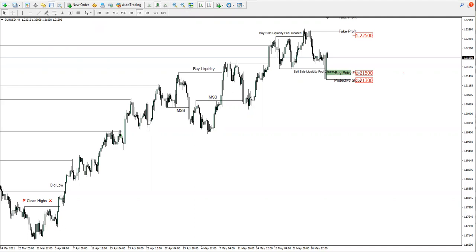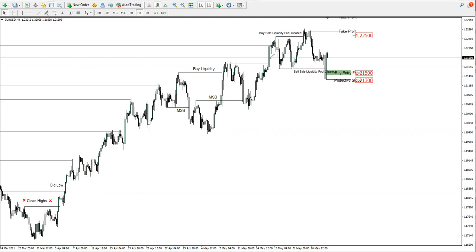Right, so for EURUSD, I have already marked my chart, and there are a few things that I'd like to point out too. The first one is the buy side liquidity above this high. This is where we sold, and we sold until we took out the sell side liquidity pool. So you need to be